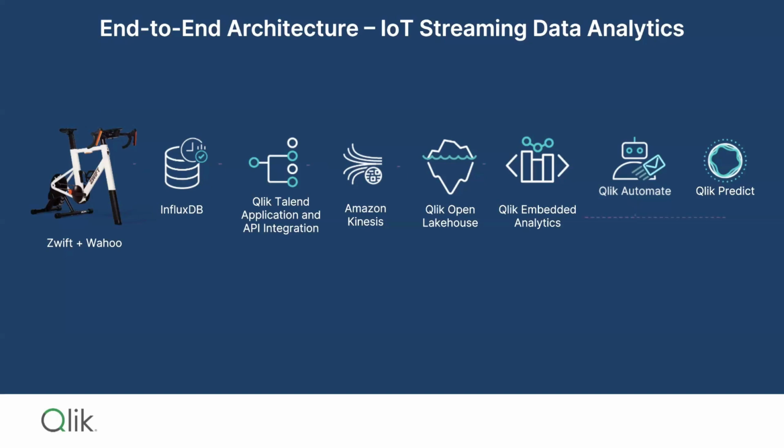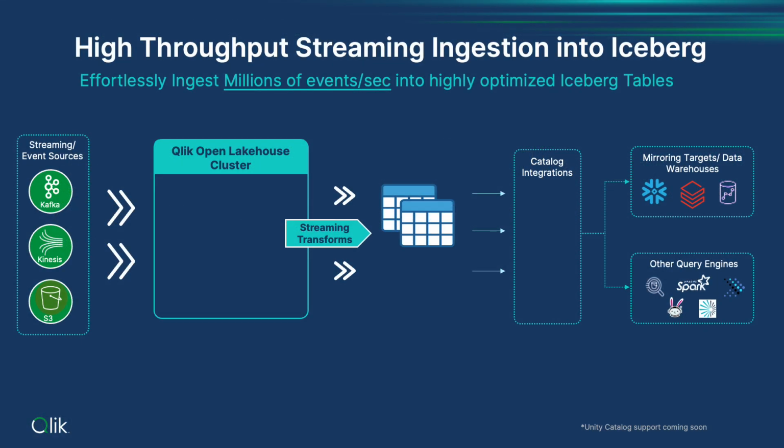What are some other possible streaming sources or use cases for Qlik Open Lakehouse? Yeah, the three streaming event sources that we're introducing support for are what you see on the left. There's Apache Kafka, which is an open source messaging system. Amazon Kinesis, that's what we used. It's native to AWS, very simple to set up, very cost effective, even at scale, and S3.